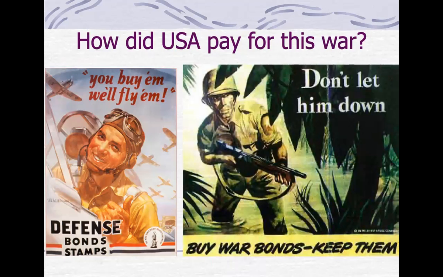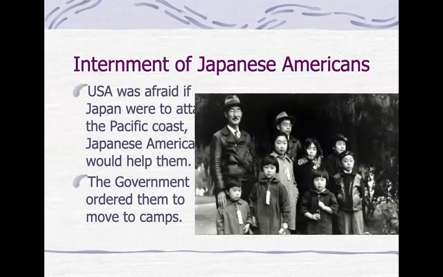So people would buy into these bonds, and in turn that would accumulate money for the war. So overseas we saw Hitler isolating the Jews and trying to kill them off. After the Pearl Harbor attack, the U.S. did the same thing for the second time in its history. The first time we took a group of people and isolated them into a camp was with the Native Americans in the 1860s.